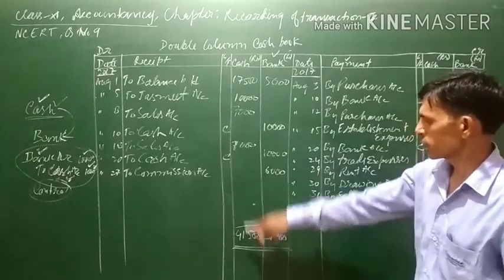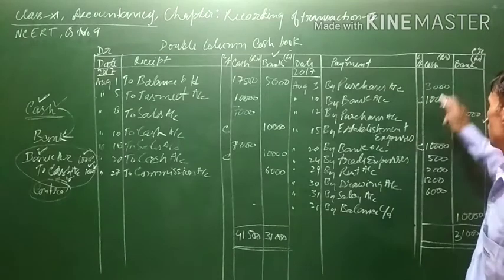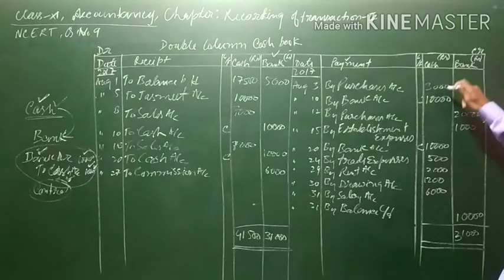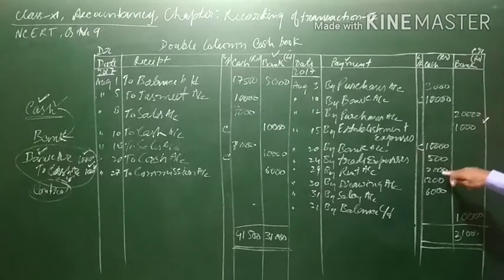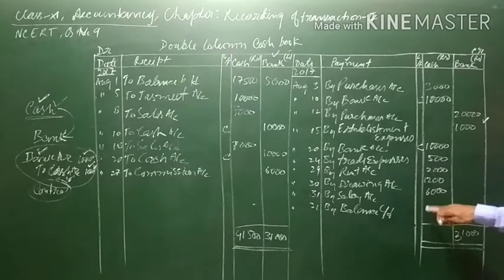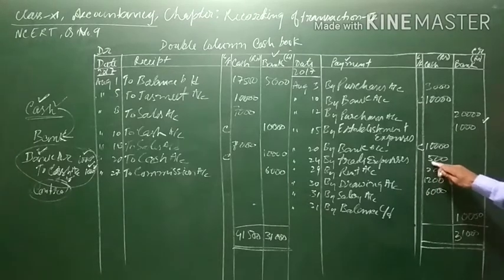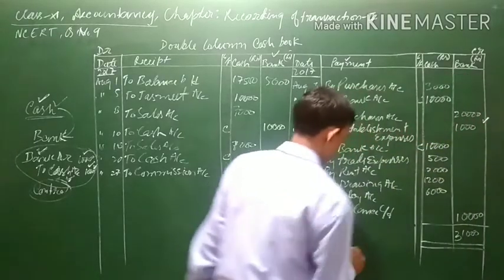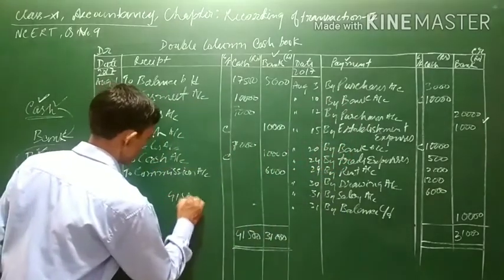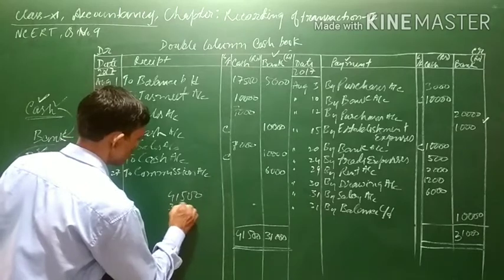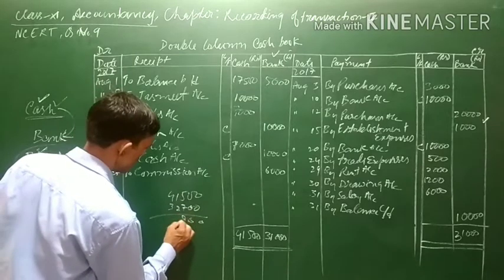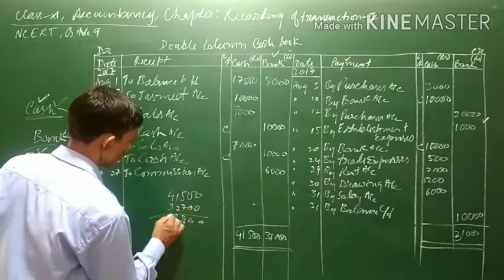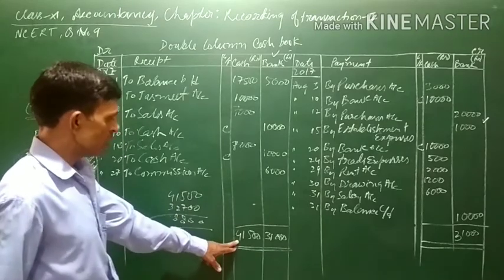Similarly, the total of the cash column on the debit side is 41,500, and the total of the cash column on the credit side is 10 plus 8, 13,000 plus 10, 23 plus 2, 25, 26 plus 6, 32,000, and this 500, 32,500. This is the total 41,500. Credit side total is 32,700. Now come, what is the balance? 15 minus 7, 8, 10 minus 2, 8, 0, 8,800. This one is the balance.